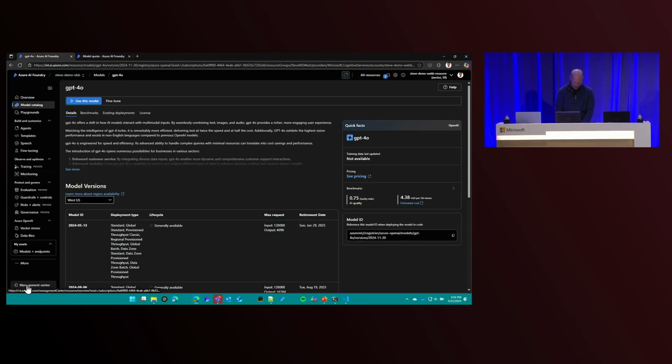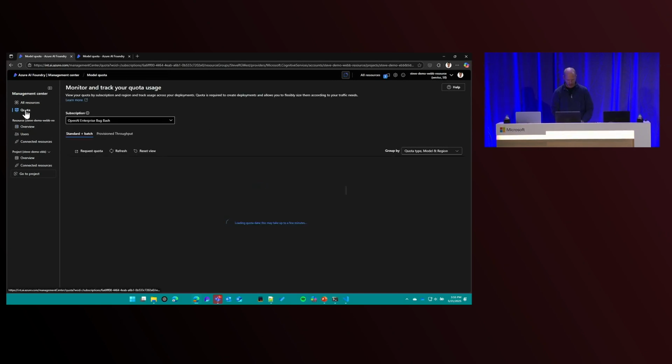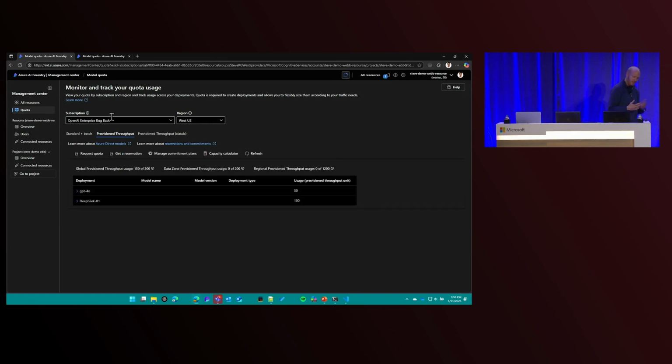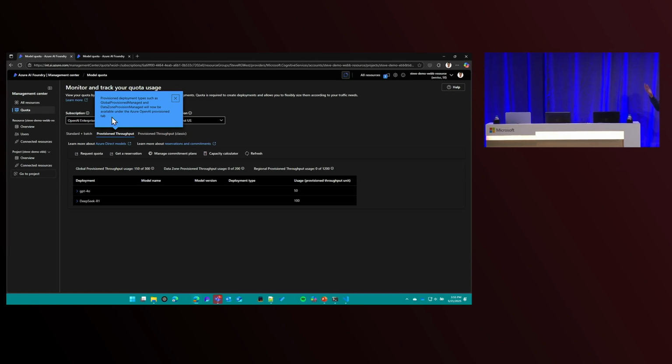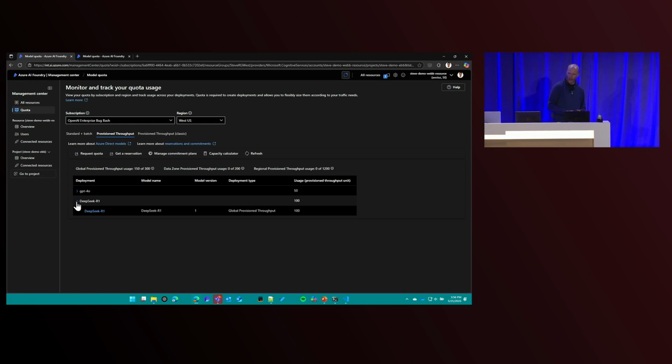I was about to show you the quota screen, though, so let me go into this. This is going to take a moment to load because this subscription that I have, as you can see, is called Enterprise Bug Bash. It's actually the subscription that I use within my service to bug bash a bunch of quota, and so I've got hundreds and hundreds of deployments. And you can see I've got 2 deployments there. Well, hold on a second. I've got how many deployments? 2. So I pre-created this earlier, and you'll see that now our provision throughput service is also available for DeepSeek models.